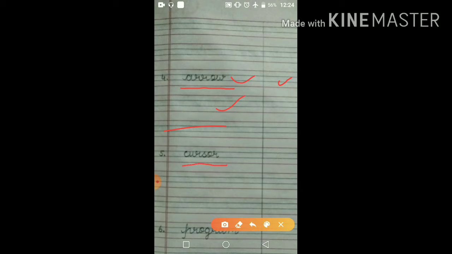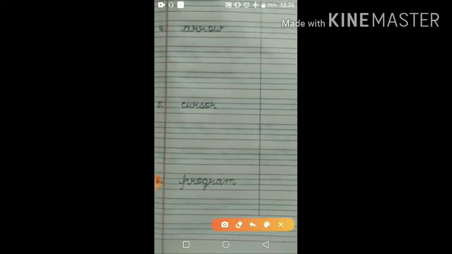CURSOR, cursor. And our last word is program. PROGRAM, program. After writing it 3 times, you will leave one line in the end.